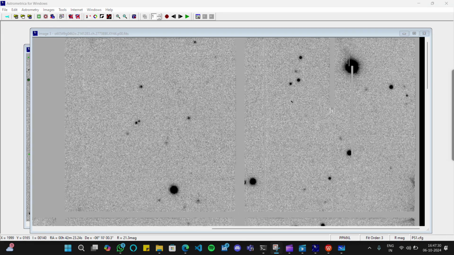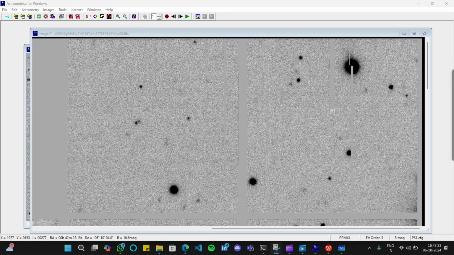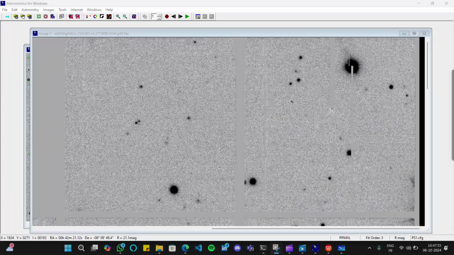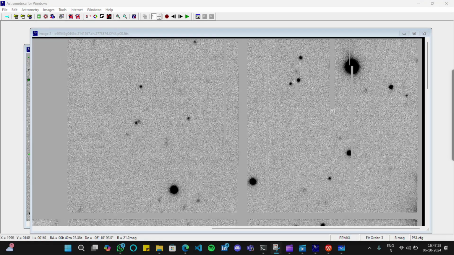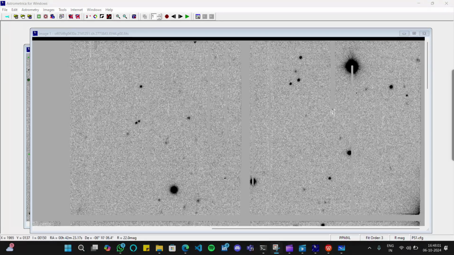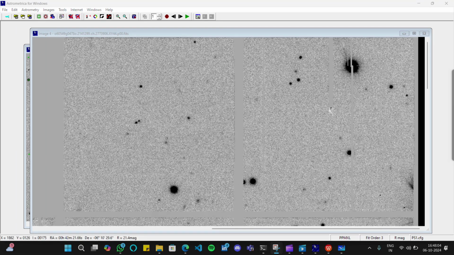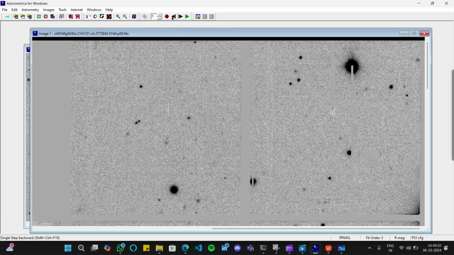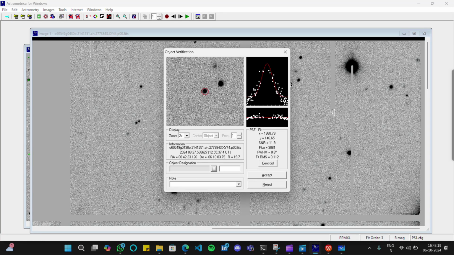Why? Because we have to give it a name. Suppose that we have found this asteroid. I know it's a little tricky, but take it very easily. So suppose that this is an asteroid. You have to stop this blinking, and when you stop it, come to image number 1. So this is image number 1. As we are imagining that this is an asteroid, you have to place that plus icon and click here. This kind of image will open here. So many things need to be addressed, and some of the properties are also here.